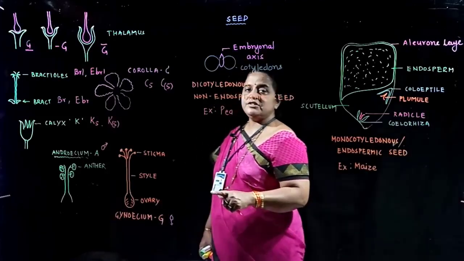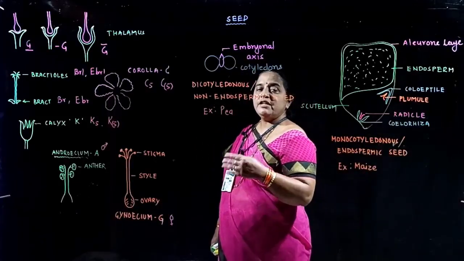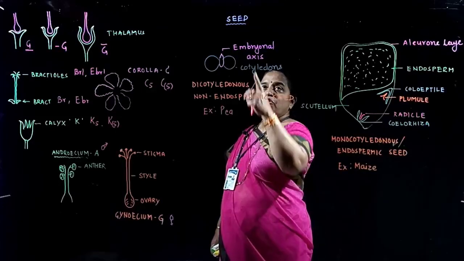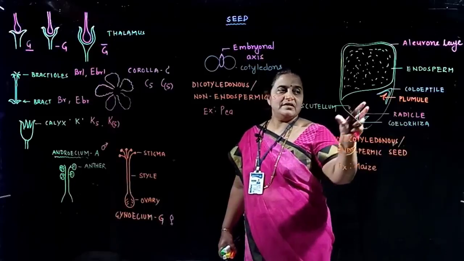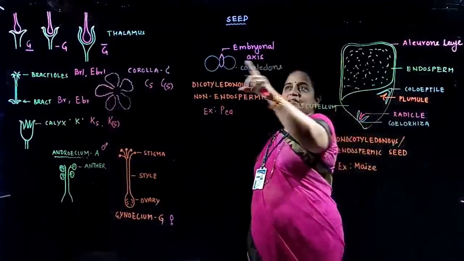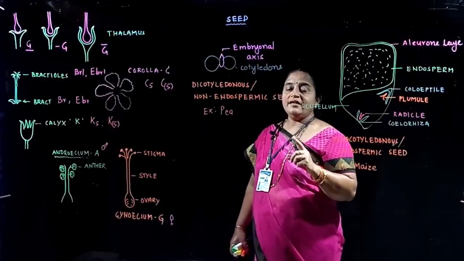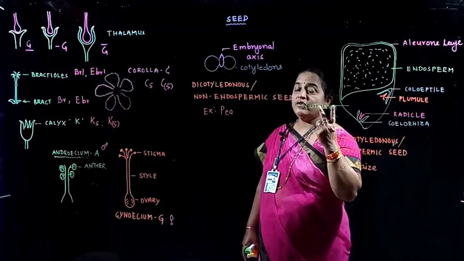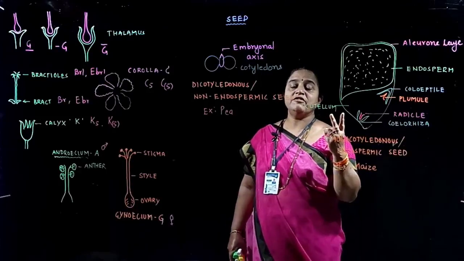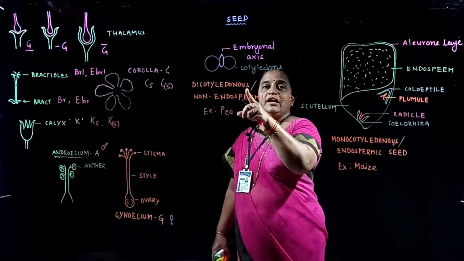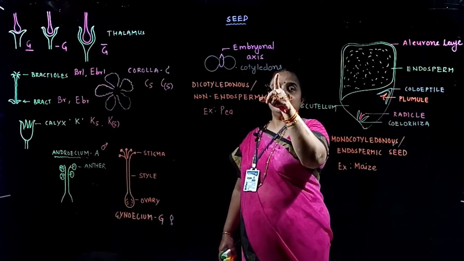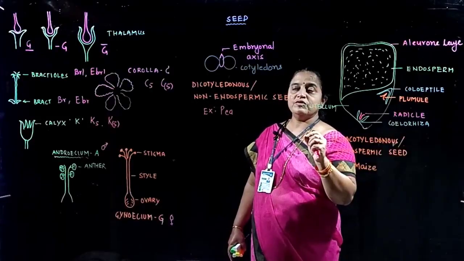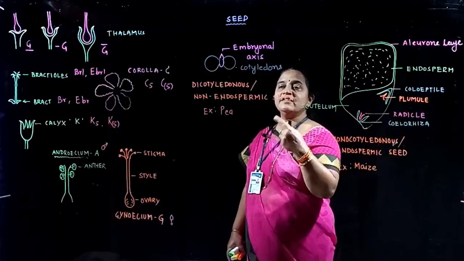The ovary is the site for double fertilization. After fertilization, when embryonic development continues, the embryo will form the embryonal axis. This is the embryonal axis. This is also the embryonal axis. The entire megasporangium or ovule develops into a seed. Now there are two types of seeds we can see in flowering plants. Dicotyledonous, having two cotyledons, having an embryonal axis. It is without stored food, so it is non-endospermic or exalbuminous.